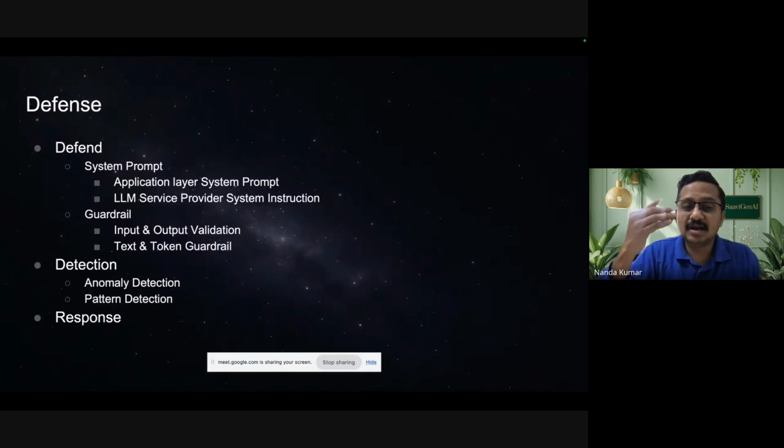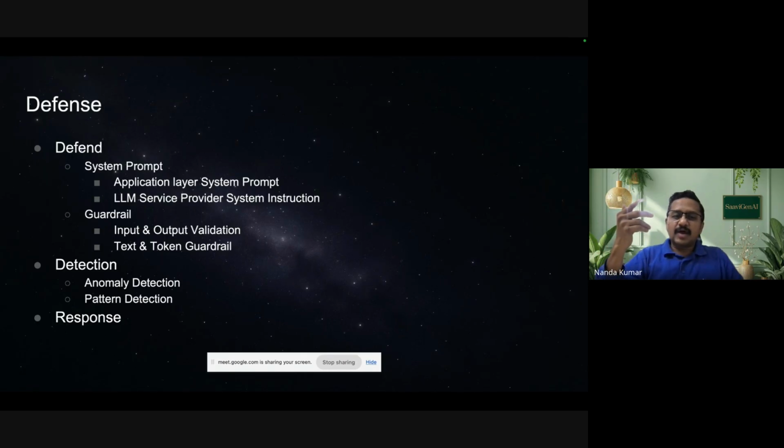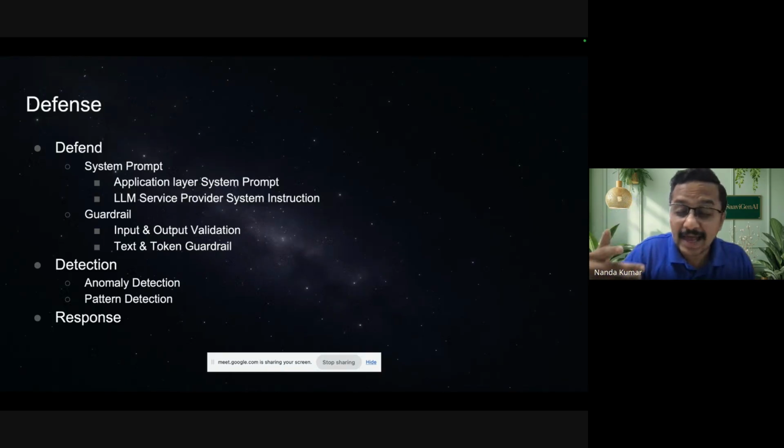Again, guardrail is the next layer of defense. Guardrails these days work in multiple layers, both input and output validation. Just like in your firewall, you do ingress allow or deny, egress allow or deny, in the same way in a guardrail, input and output will be validated. Within the guardrail there are two types: text-based validation and token-based. LLMs do not see the prompt as you write it; they only see tokens. Again, token is another vast, big subject. But as of now, understand that there are two types of guardrails: guardrails which work on text, and guardrails which work on tokens.